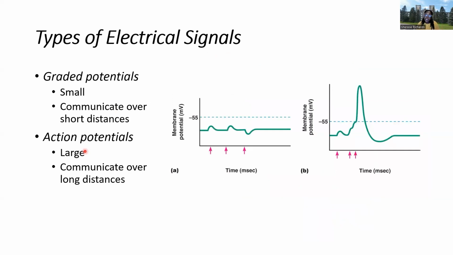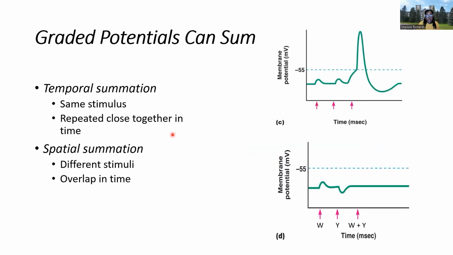So remember we said that graded potentials were smaller changes in the membrane potential that are coming in on various points of the soma, of the cell body of the neuron, okay? So we can have maybe a tiny change, maybe about 10 millivolts, maybe another 10 millivolts. So these graded potentials are always coming in from the neurons that are synapsing onto the soma of that neuron in question. If we have, let's go back to this slide here, the fact that we can sum these smaller graded potentials. So let's say via temporal summation, we have repeated stimuli coming in onto that soma, and we add